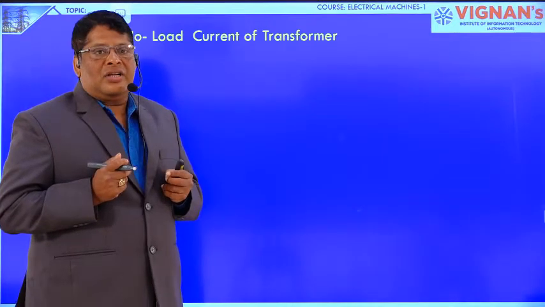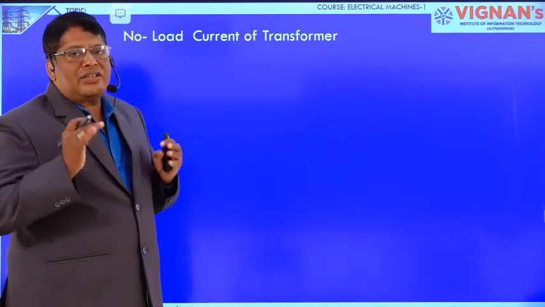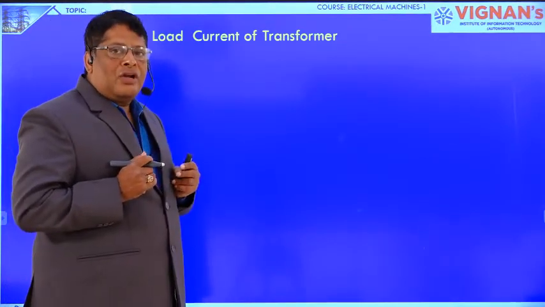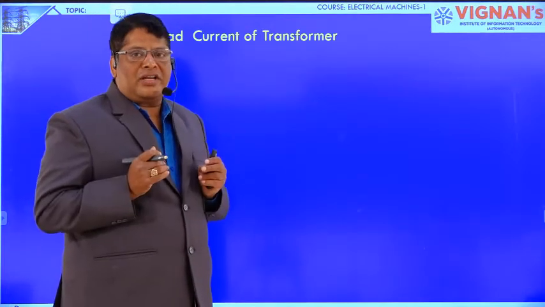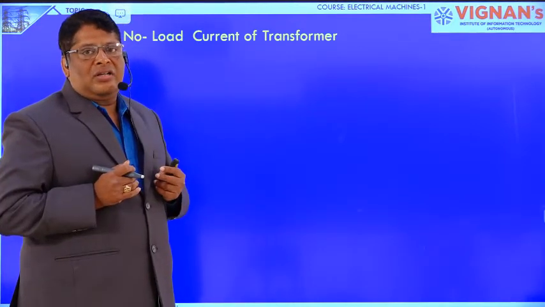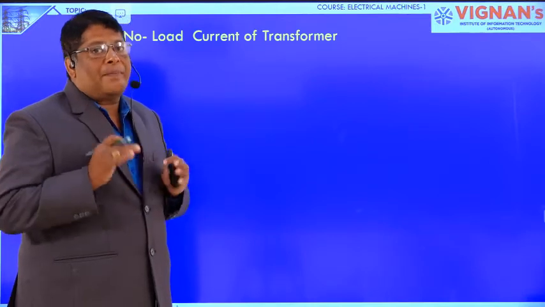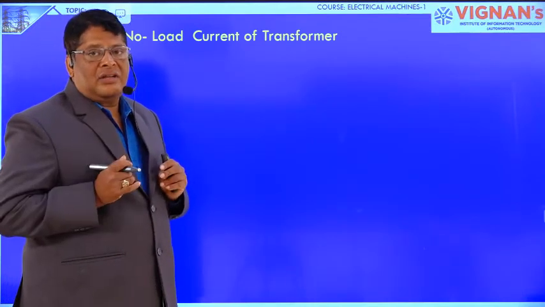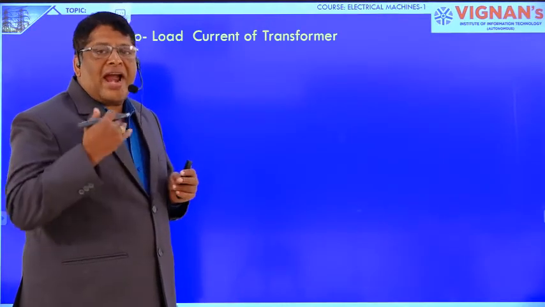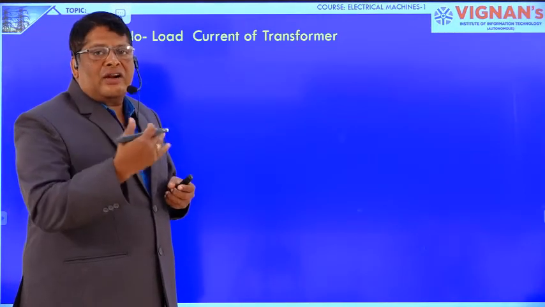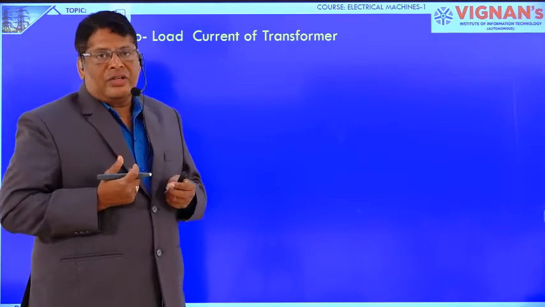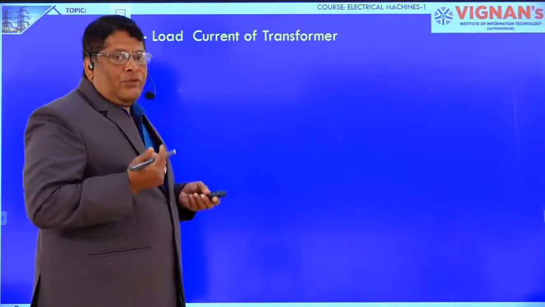Let me start the analysis of a transformer with the ideal transformer. First of all, we have taken the losses in a transformer as zero. That is, how much input power we are giving, the same amount of power you can take from the transformer. That is the ideal case. What are the assumptions we have taken? Practically it does not happen like that. As the lecture is going, as the explanation of the transformer is going, we are adding one property at a time to the ideal transformer so that finally we can attain the practical transformer. Now we have seen what is meant by an ideal transformer.